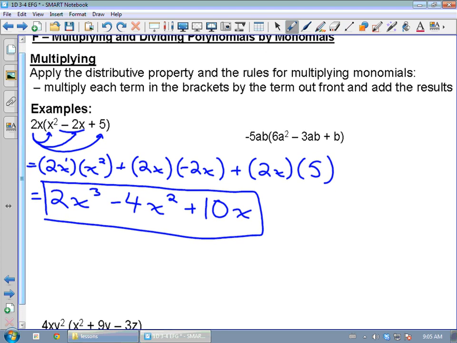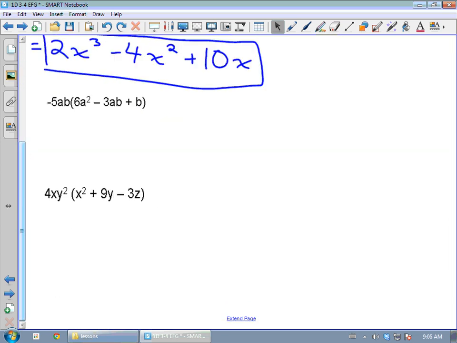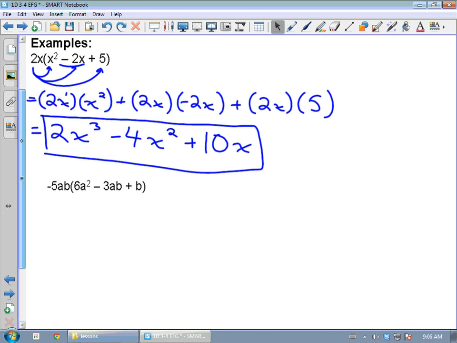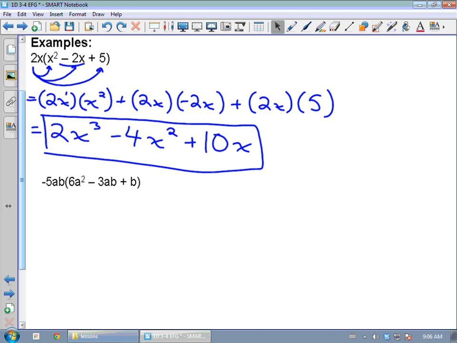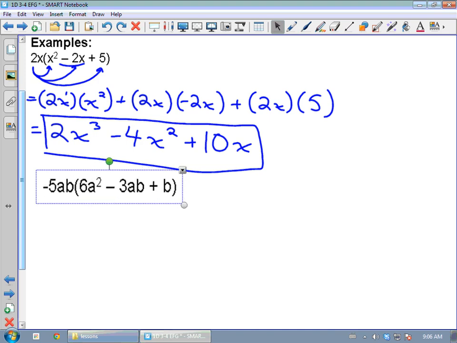Okay. Now, let's try our second example. I'll have to move this down here to give myself a little bit more room. And I have this other example here that I'm not going to do anymore. So here we've got negative 5ab times 6a squared minus 3ab plus b. And we're going to want to do the exact same thing here. We're going to take that negative 5ab that is out in front, and we're going to multiply it by